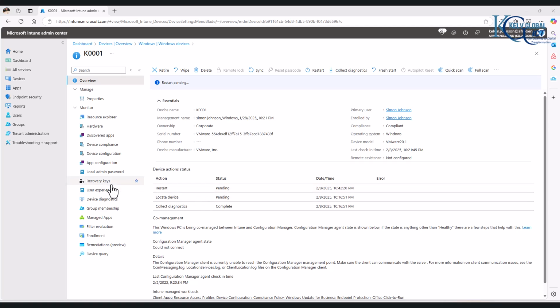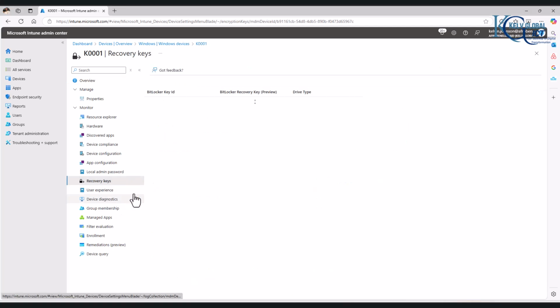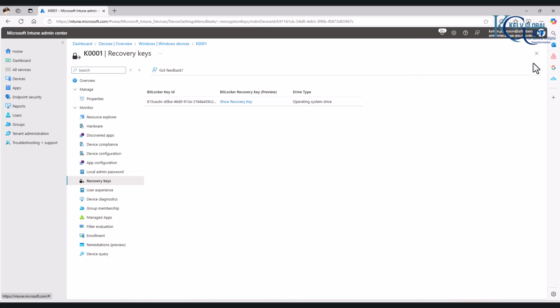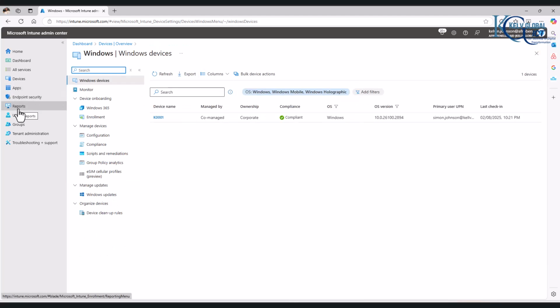Also, for example, if I go to recovery key, here we can see the recovery key. You can actually show the recovery key of this device because BitLocker has been configured on that device using Microsoft Intune as well. And again, if I click close and then go back to report,